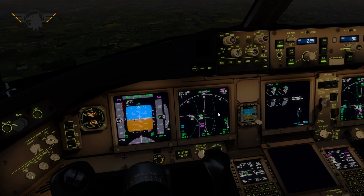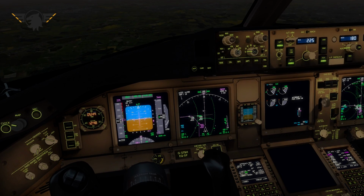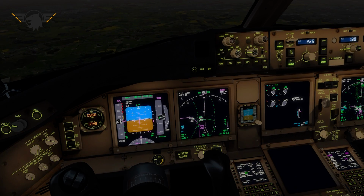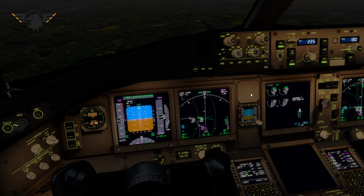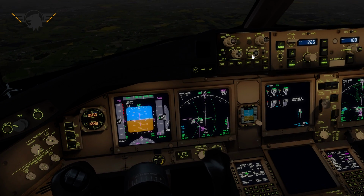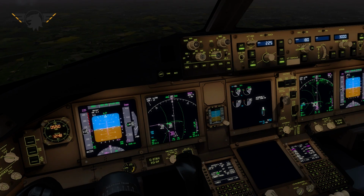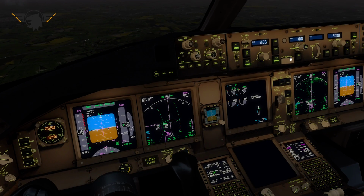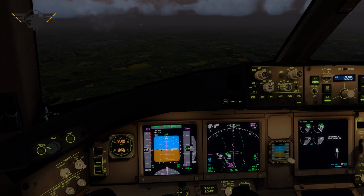Again, we've got till 245 knots. It's not a problem. As much as 245 knots even. It's no issue. There we go. We're now coming through the localizer. So, sorry, not the localizer, the glide path. So we'll stick the speed brake in, and we'll let that descend itself. We'll descend to 3,000. The missed approach is 3,000, so we'll just leave it there. And then we don't have to do much messing around with the...